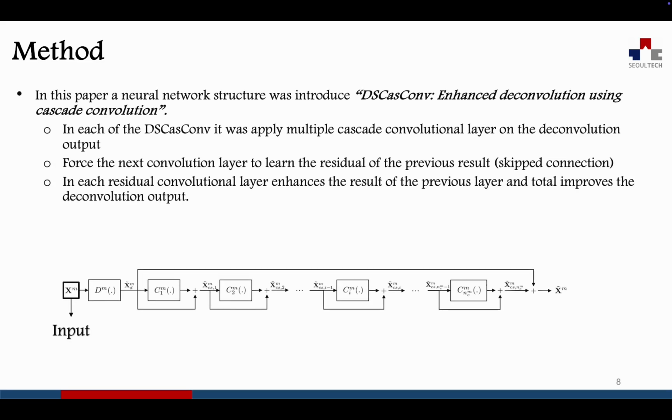So in this paper, the neural network structure was introduced, which is DSCasConv. It's an enhanced deconvolution using cascade convolution with skip connection. In each DSCasConv, multiple cascade convolutions are applied to the deconvolution output, which means we have an image or an input applied through